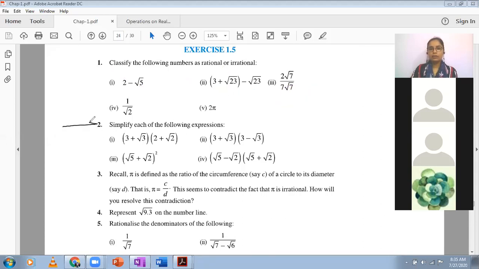So next we have: simplify each of the following expressions. This is what's important. You're going to operate on the expressions which contain rational and irrational values. Question number 3 and question number 4, I think, have been deleted from your syllabus. After this, we are just left with these two questions, question number 2 and question number 5. So we are just going to do these in the notebooks one by one.